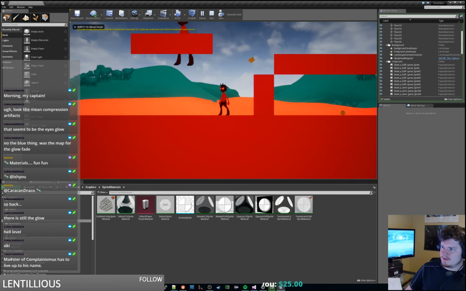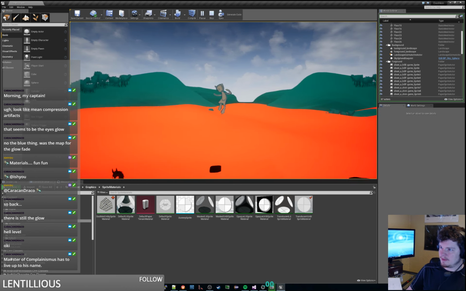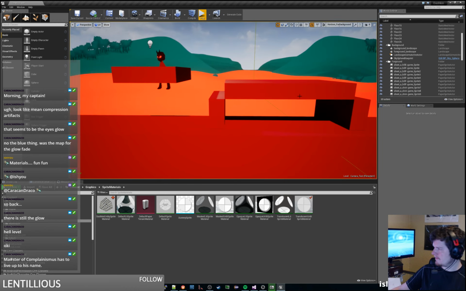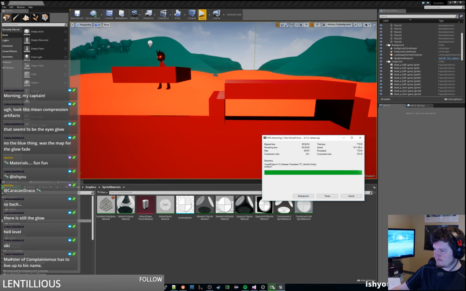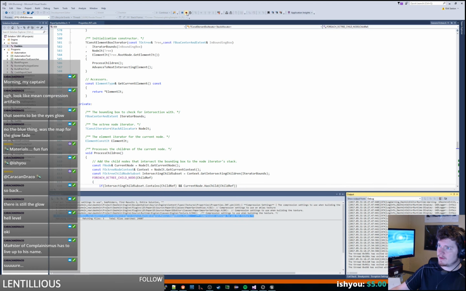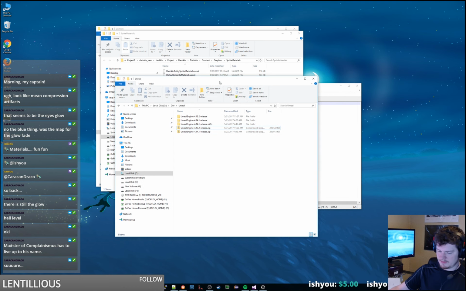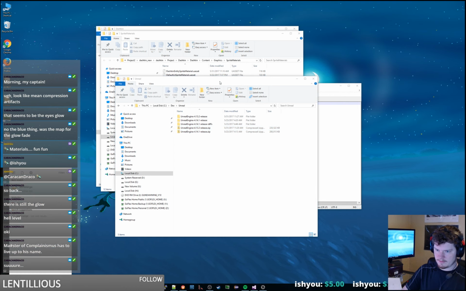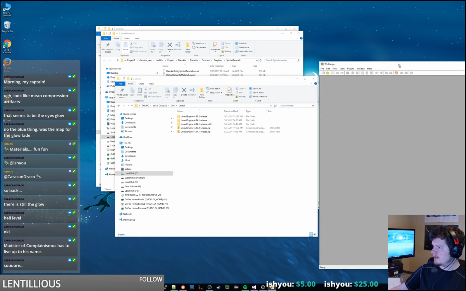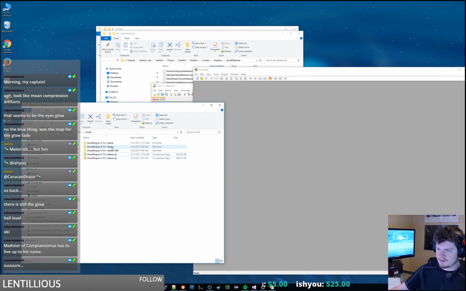So let's see, does static have anything to do with this? Absolutely not. Nothing to do with any of this. Well, there's at least that. So let's go ahead and pop out of the editor, and let's get WinMerge going here. And we are going to want to look at the difference between 414